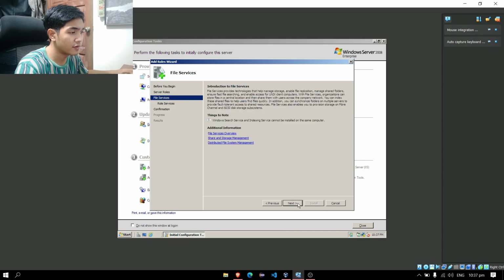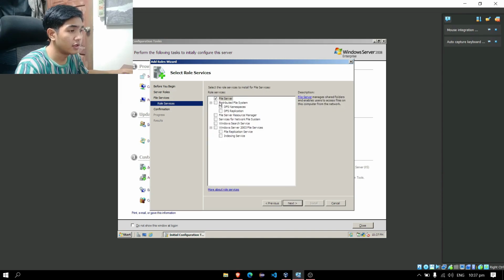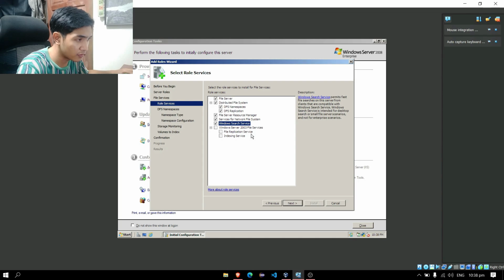Then click next, and in these checkboxes we're going to check Distributed File System, File Server Resource Manager, Services for Network File System, and Windows Search Service. We are going to exclude the Windows Server 2003 services since we're not going to integrate it with the older version. So next,